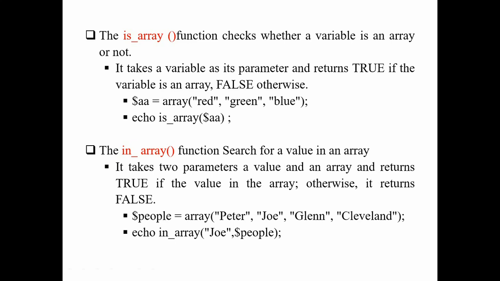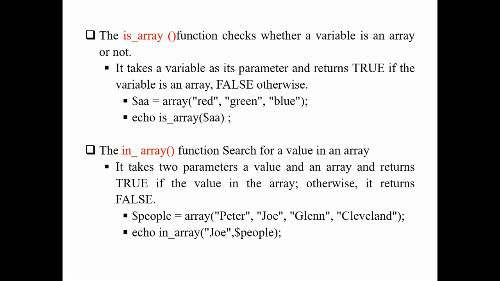So here I have an example. $a is my array. It consists of three values: red, green, blue, and I'm simply going to print the is_array return value. That means it's a boolean value. Whenever it is a positive or true value, you'll get 1, and whenever it is negative, actually it is 0, but here you get nothing displayed. That is the importance of the is_array function.